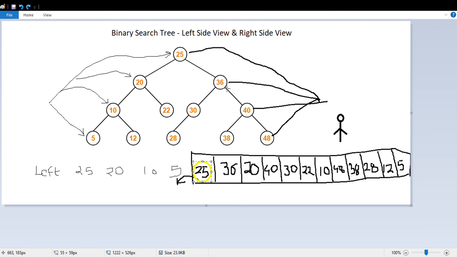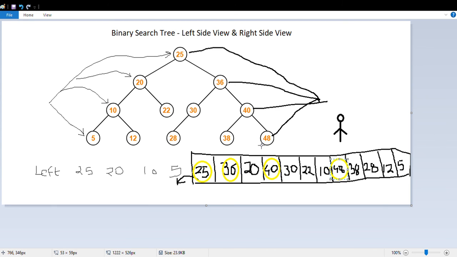Then for the next level you get 36 when you poll first, then 40, and for the next level 48. So it gives you a right side view.